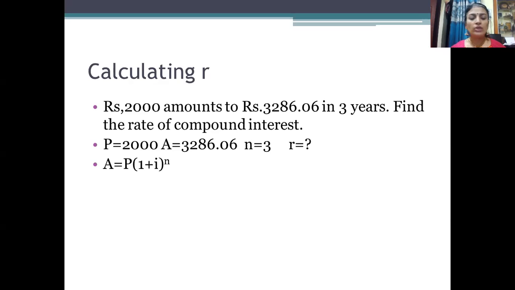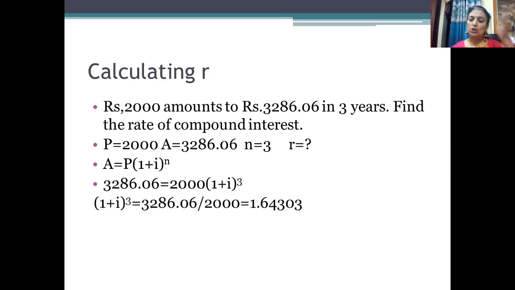What is A? 3286.06. What is P? 2000. And 1 plus I we have to keep like this. Here N is 3. And now we will bring the 2000 to the other side. So 3286.06 should be divided by 2000. And on the other side, what is there? 1 plus I raised to the power of 3. So the answer is